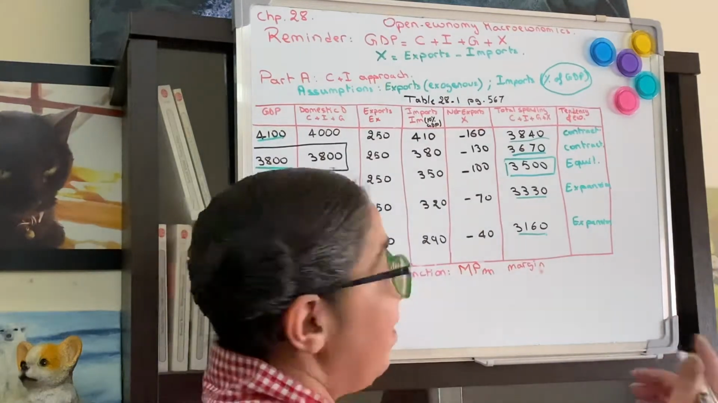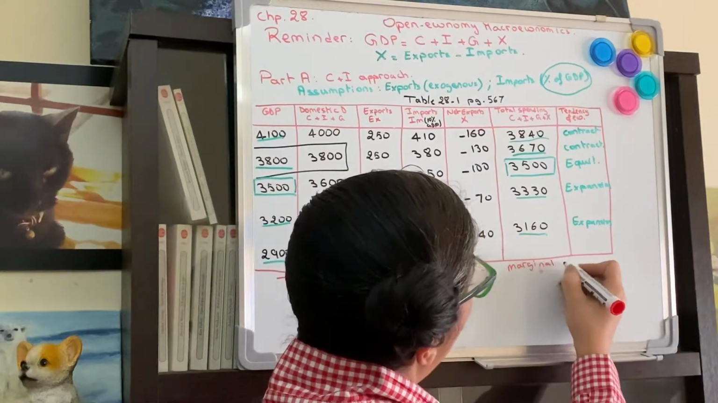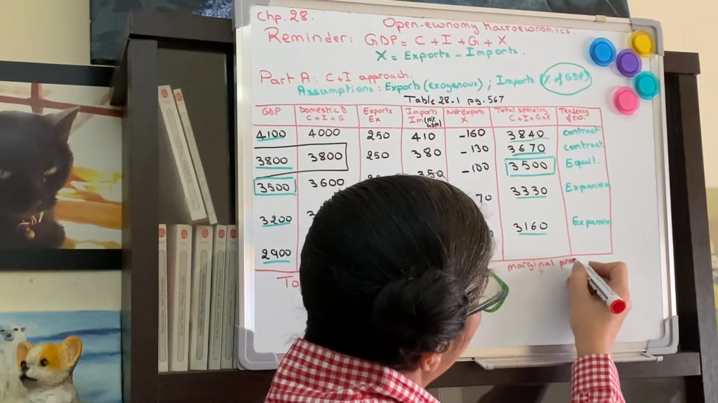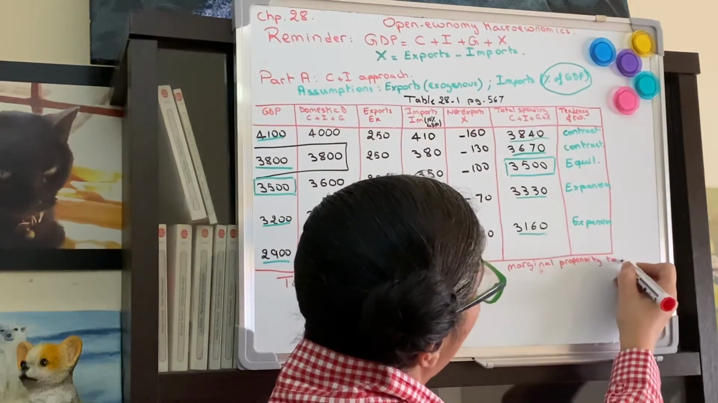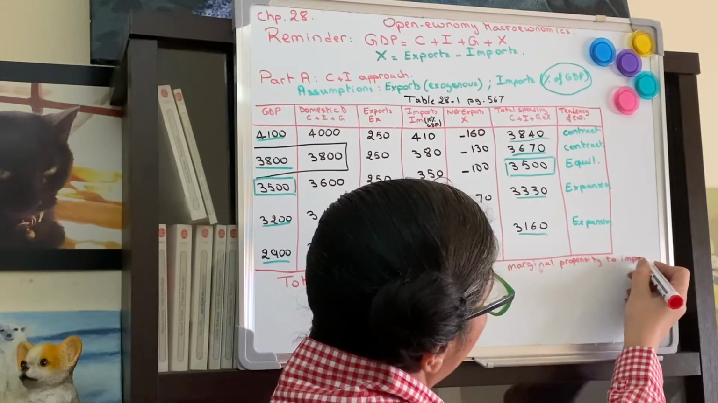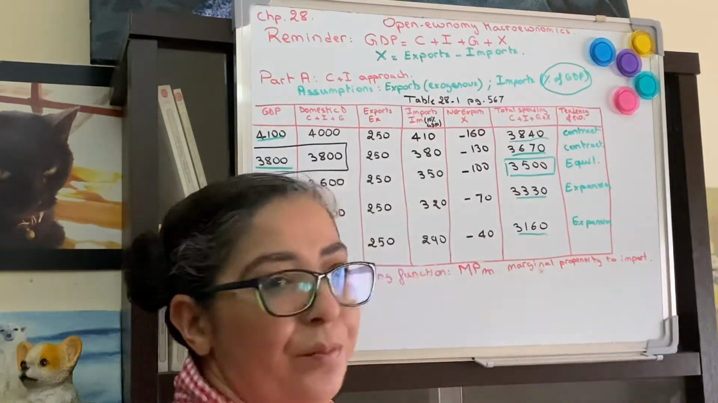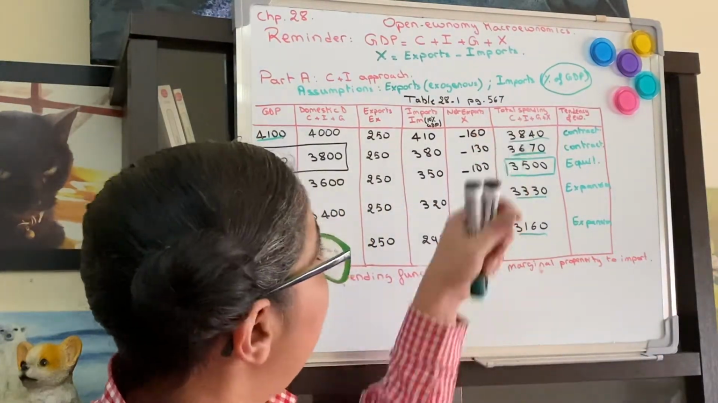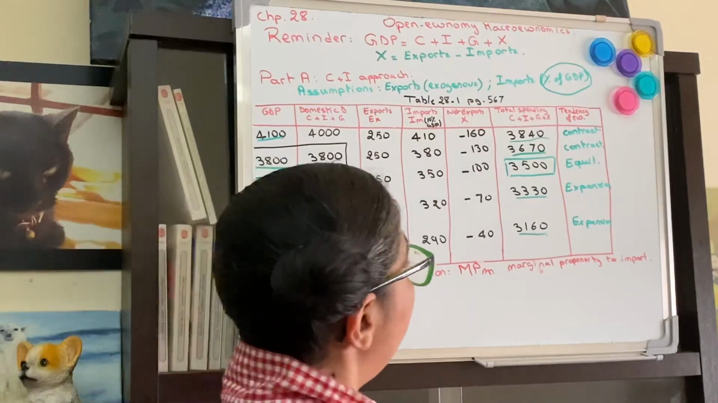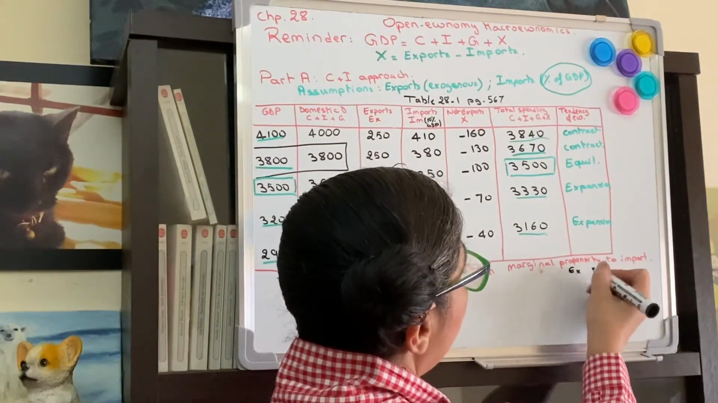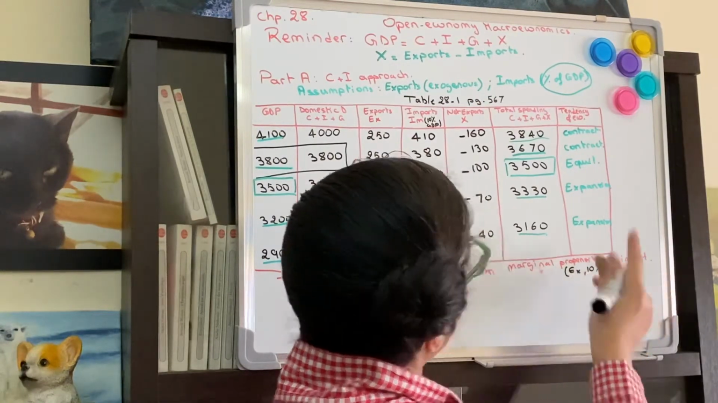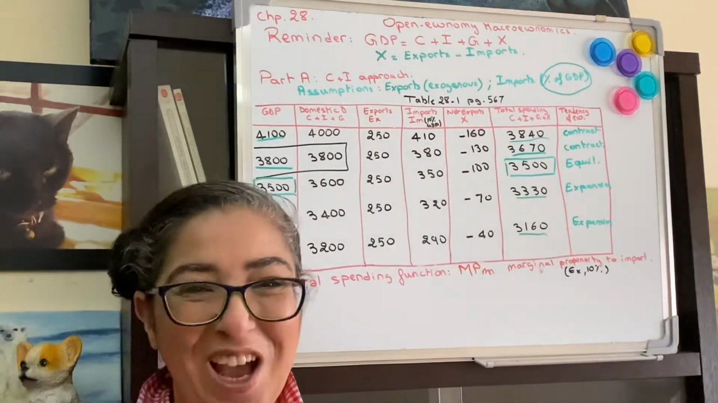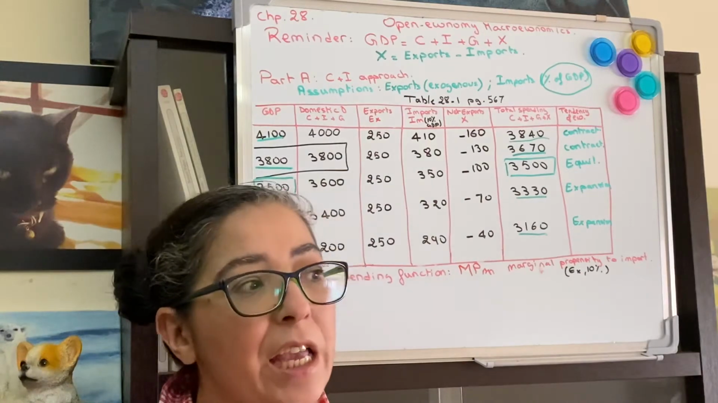Propensity means tendency, okay? Marginal propensity to import. That was in the book, in this example, it was 10%, in the example of the table. Okay? Now,